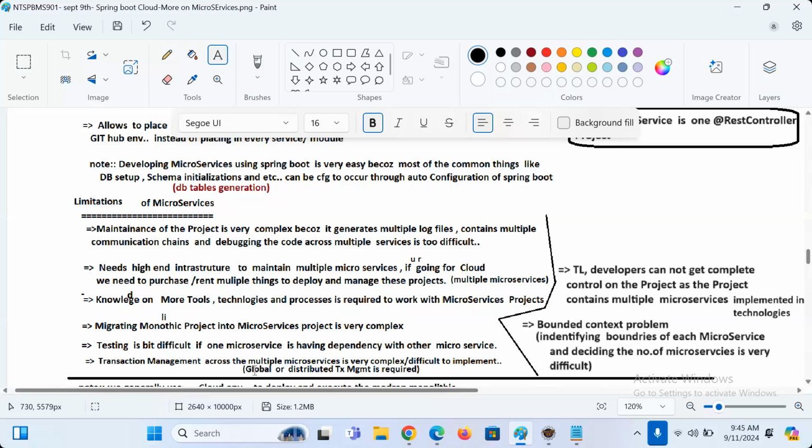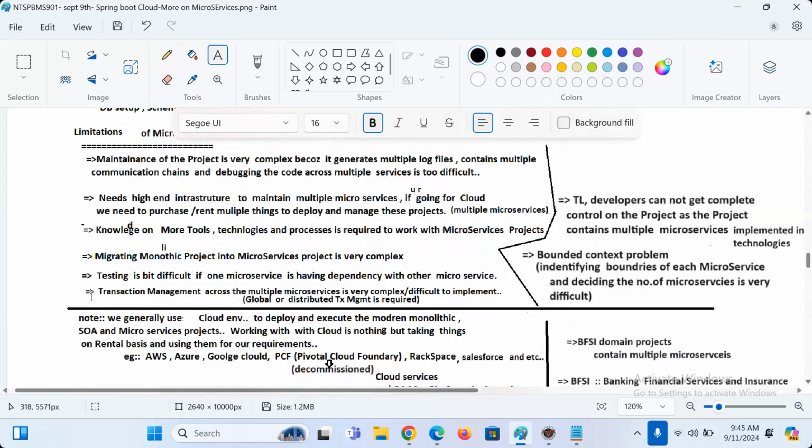Okay, guys. Next one. Transaction management across multiple microservices is very complex or difficult to implement. For that, we need to go for global transaction management. Suppose multiple microservices are talking with multiple databases.